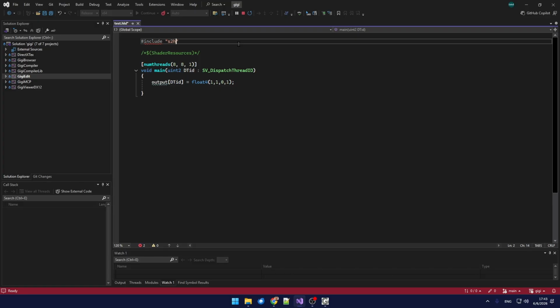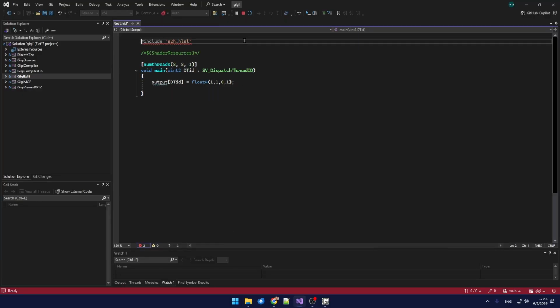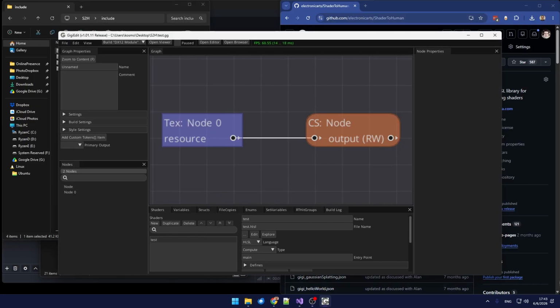So it is s2h.hlsl that I want to include, but I put it in an include folder. See this file? And then I need to write include before. This HLSL would like to do that, but Gigi needs to know that file in advance. So you would get an error. To prevent that error, you just need to add this as a file copy. So new,